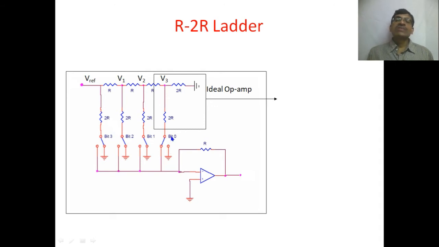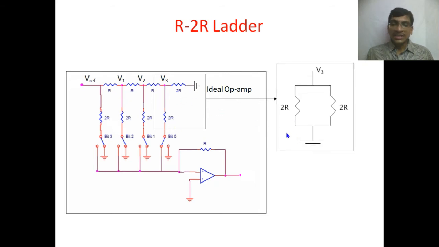That's why even though the resistor is connected between the inverting terminal or between the ground, it is connected to ground only. And then we are assuming that this 2R resistor is between the V3 node and the ground, and this 2R resistance is also between V3 and the ground terminal. Therefore, we can say these two 2R resistances are in parallel combination. Therefore, in the equivalent circuit from V3 to ground, we have two 2R resistances.